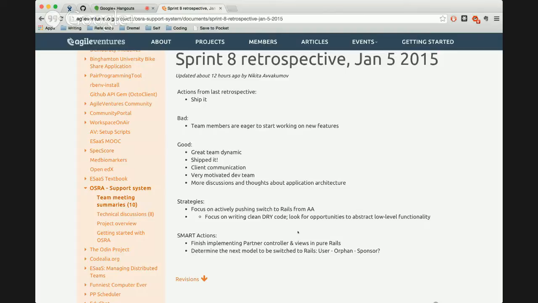And until all of that happens, we're sitting, being ready to deal with any issues that pop up, but with not much else to do. The decision was that this is the perfect opportunity to push Rails as far as we can in these 2 weeks. So that is the overall strategy for Sprint 9. And as far as the actual actions,